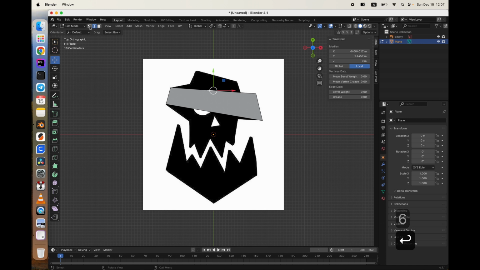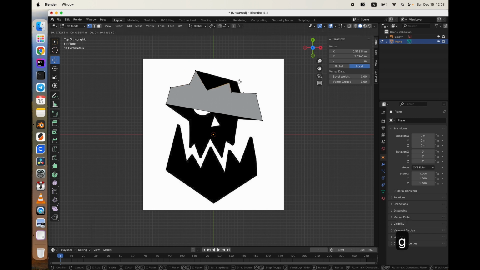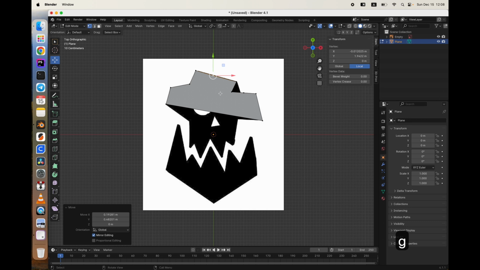Let's go to vertex mode again. Actually, you can switch faster between these modes, pressing 1 for vertices, 2 for edges, and 3 for faces. Let's go with vertices, and as you can see, we have 6 more vertices. Let's move them around. And now, as you can see, it's a little bit too many vertices, so we want to delete them, but we